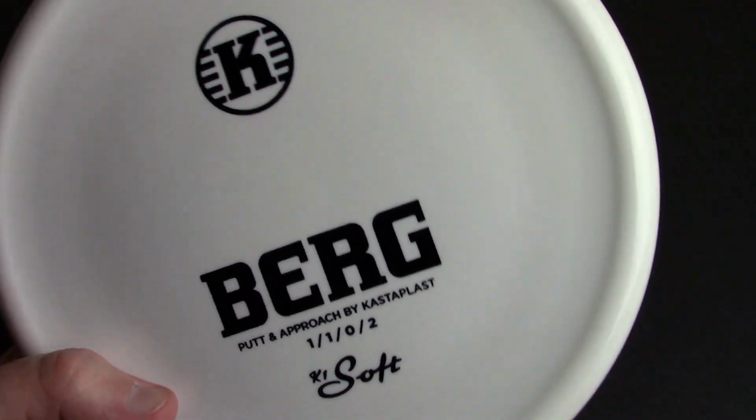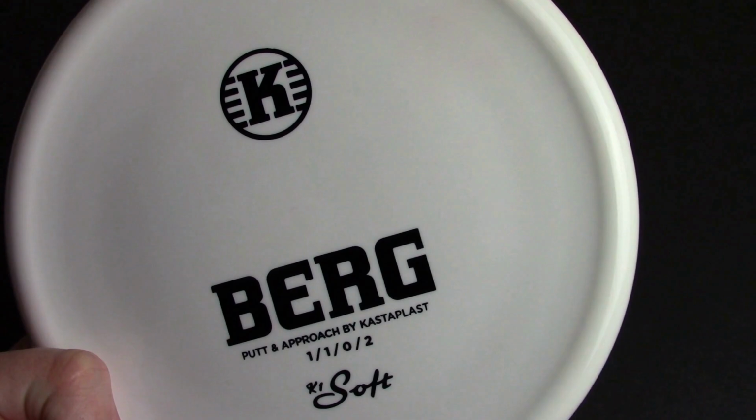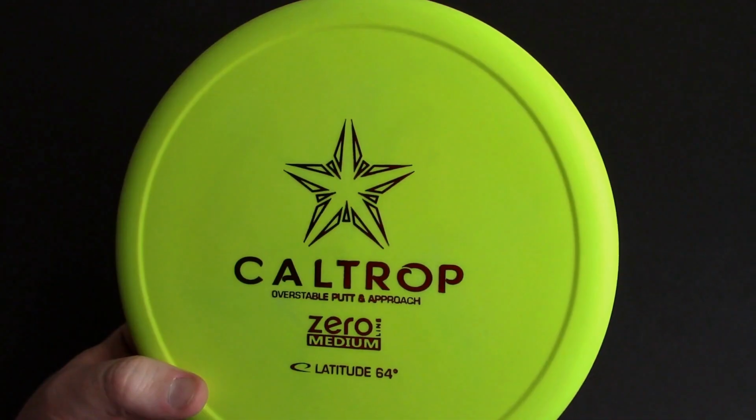So that is just one thing to note, though, that soon, I believe, at least some portion of their manufacturing will be taken over by Latitude 64. So let's put it up next to a couple other options, as we like to do, starting with the disc